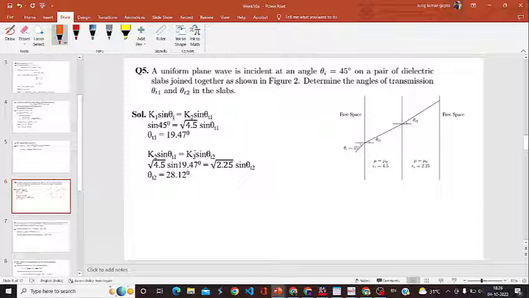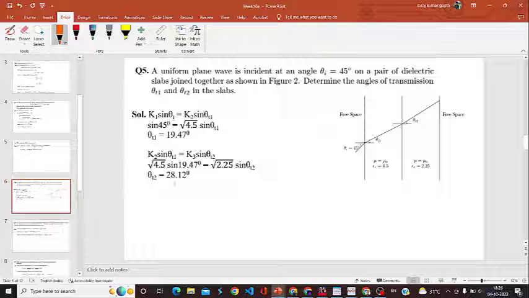Similarly we can define K3, which will be equal to root of 2.25 times K1. So K1 will cancel from each side, and theta t1, which we have already found previously, we put here, and by using this expression we can determine the value of theta t2, which will be equal to